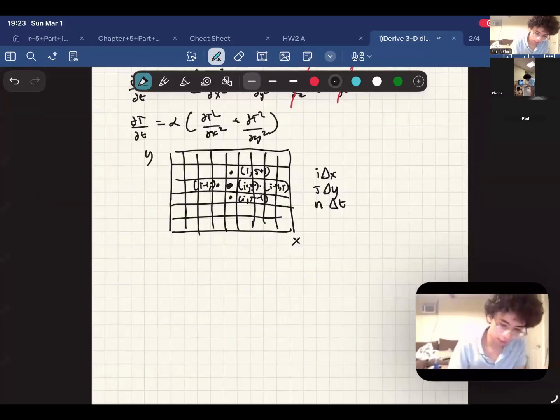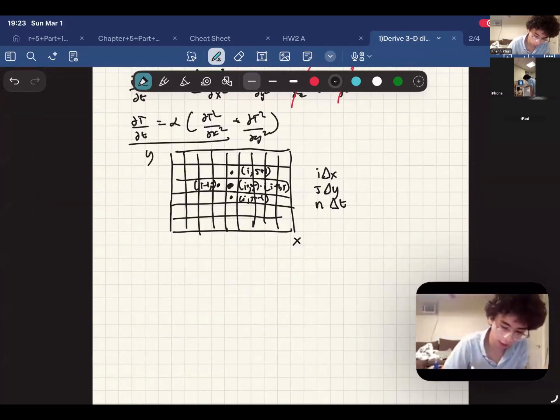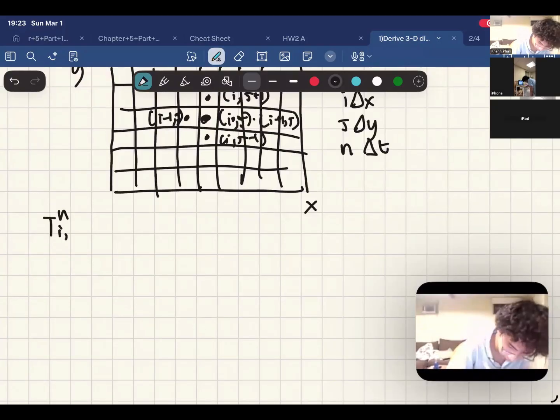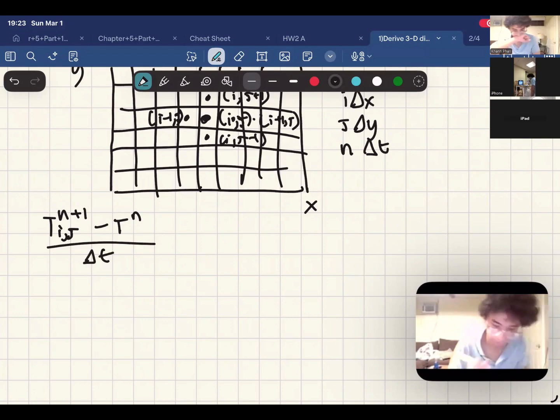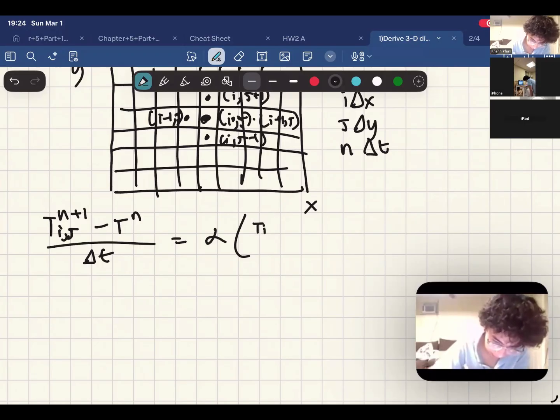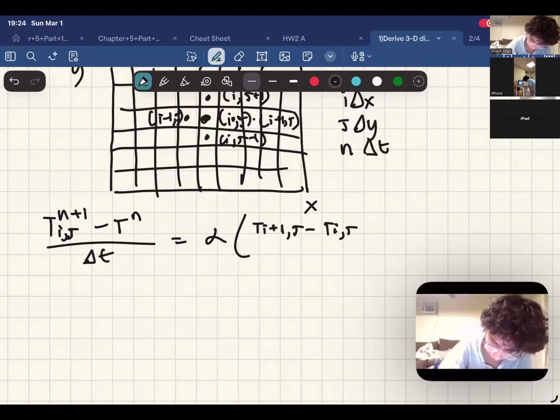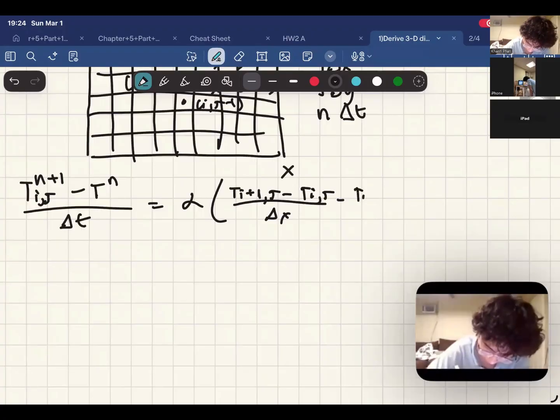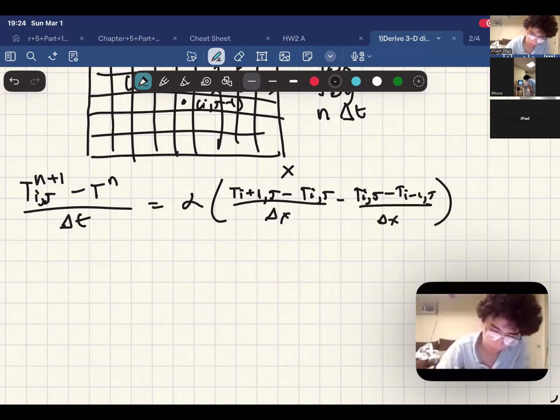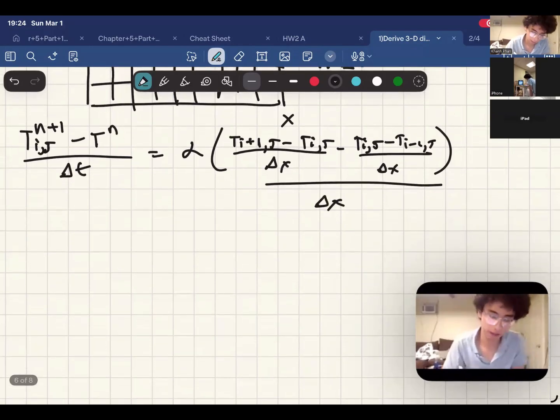So now we're going to write the equation, applying this concept. We would have T at n plus 1 minus T at n over delta t equal to alpha times T(i+1, j) minus T(i, j) over delta x, minus T(i, j) minus T(i-1, j) over delta x, this whole thing over delta x as the second derivative, plus